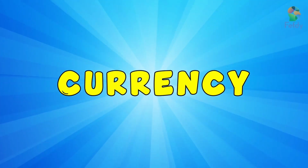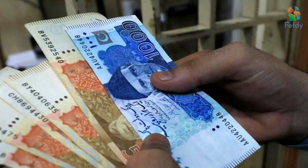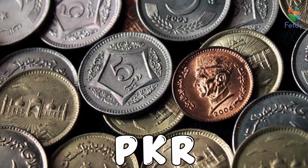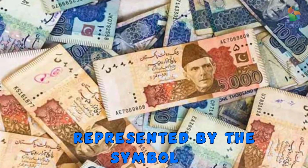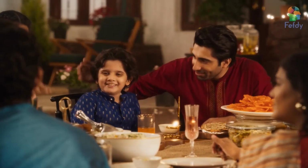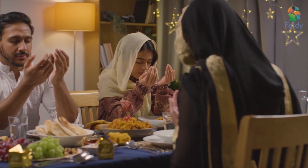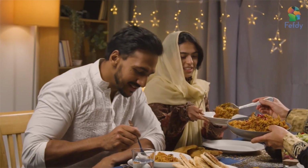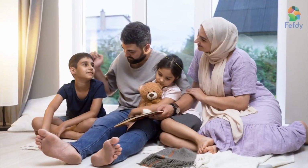Currency. The currency of Pakistan is the Pakistani rupee, often abbreviated as PKR. It's used for buying things and is represented by the symbol RS. Culture. Pakistan's culture is rich and diverse. People enjoy wearing colorful clothes called salwar kameez and celebrate many festivals including Eid, which is a time of joy